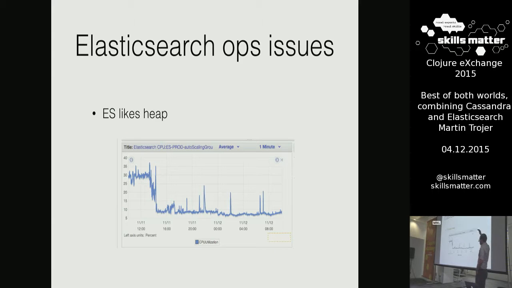So we moved a lot of work from Cassandra over to Elasticsearch, and obviously, what are the operational issues with ES? A lot less, we found, and this is one data point. One thing is that you want to give ES a lot of heap. So this is what happens when you double the heap in Elasticsearch, because it does a lot of in-memory caching, etc. So give it plenty of heap.